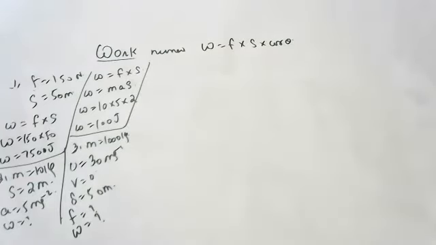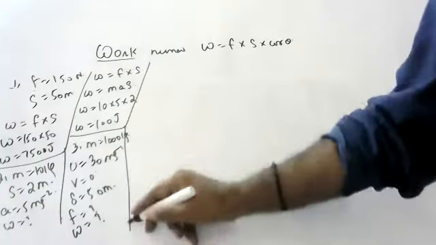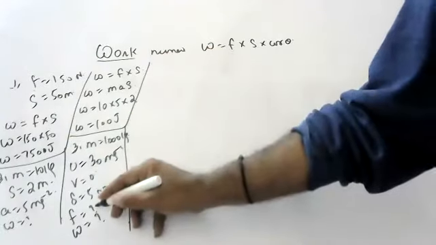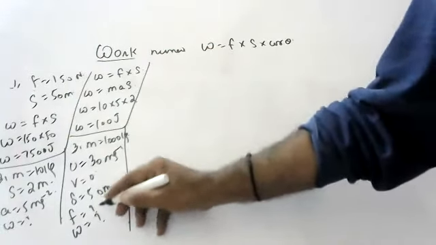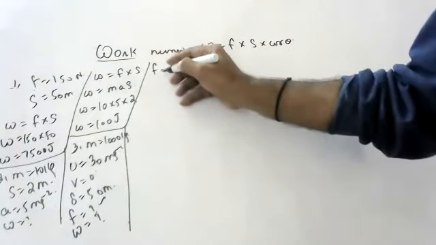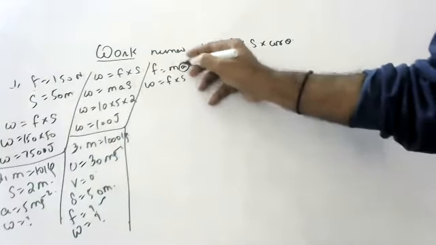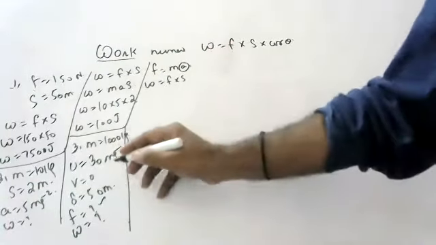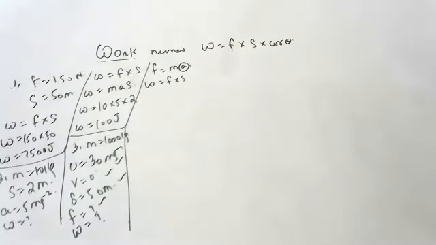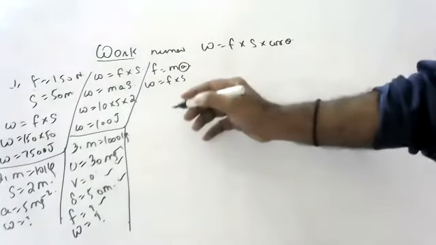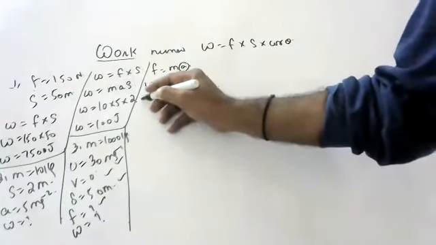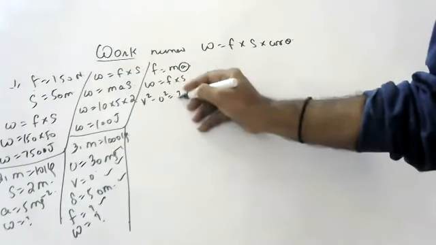Yeah, Lahari, can you tell? Sir, work is equal to force into displacement. Yeah, but first we find the force: F is equal to m a. Work is equal to F into S, but acceleration is not given. How do we find acceleration? We have v square minus u square is equal to 2 a s.